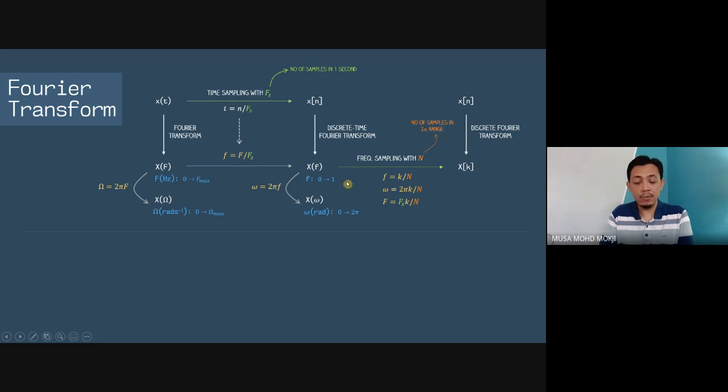Because whatever you have in your PC, when you do MATLAB or Python or whatever programming language you use on your PC or on your digital system, what you do is a discrete Fourier transform, because this is where you have everything discrete, everything digital. That's why the discrete time Fourier transform is just theoretical knowledge. It's not an implementation. The implementation is this one.